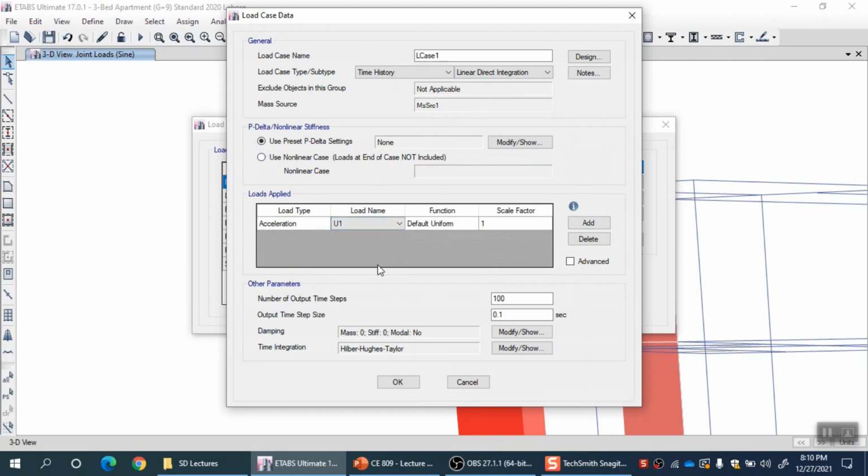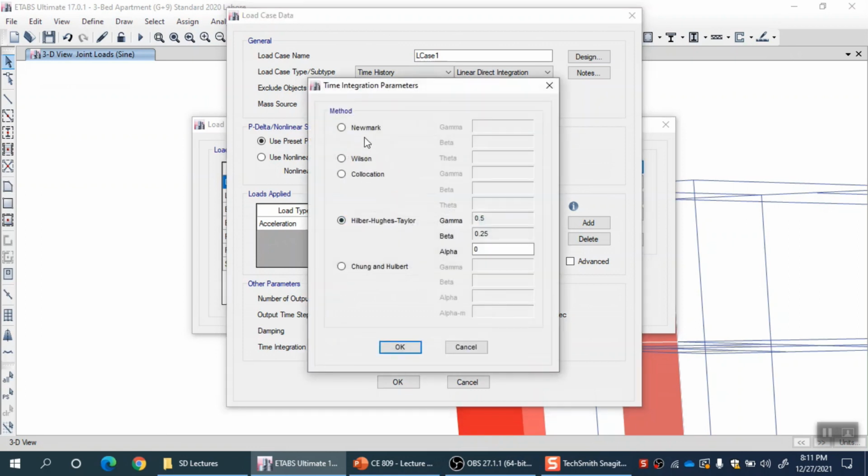Earthquake should shake that building, and the function using which it should shake is actually that function which I just imported, right? And the scale factor should be multiplied with that function and then applied. Same output steps, same step size, same time integration. You can go for Newmark or HHT.